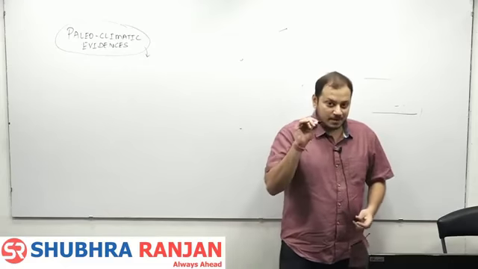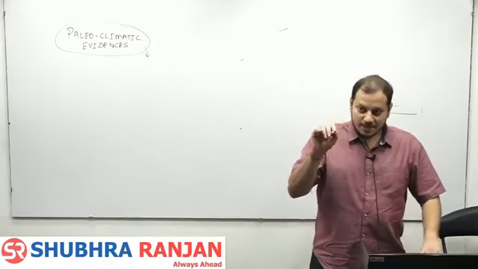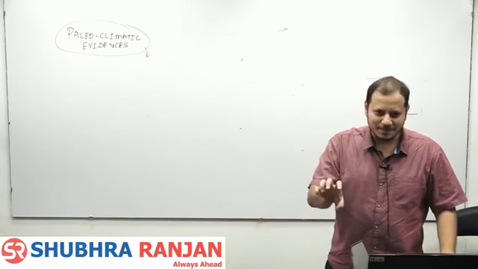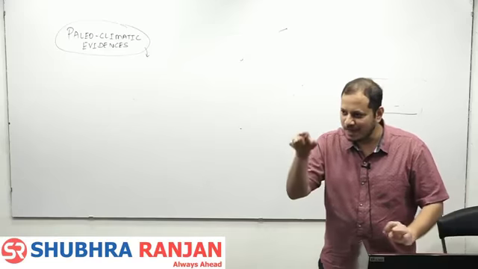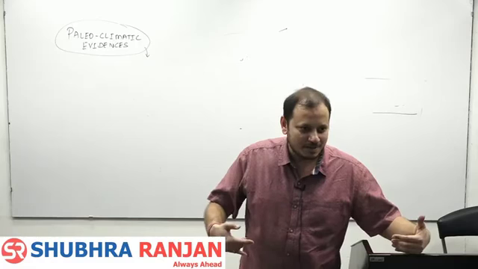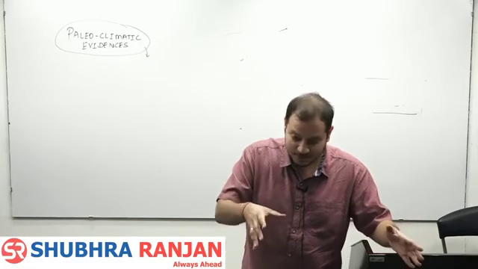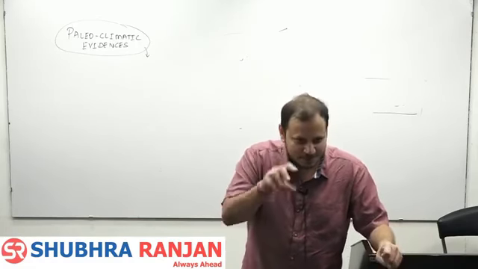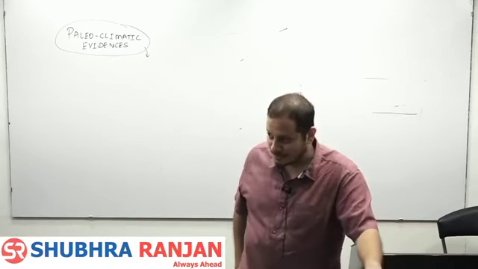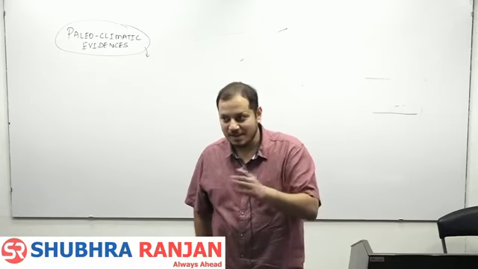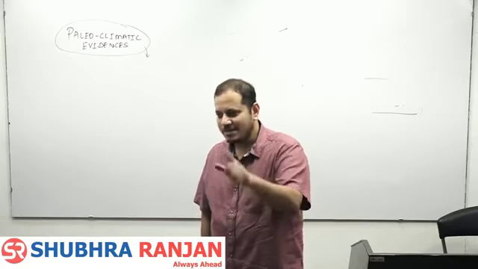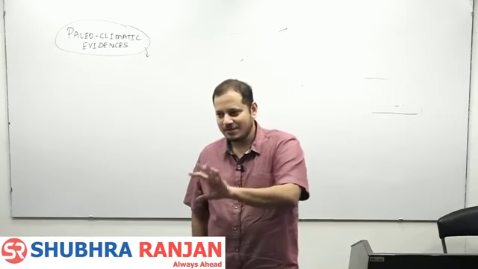So now here, what are you going to write? Climates have not changed. Climates have remained the same. But you have changed. Now you are India. You are right now going somewhere near the equator. So you face whatever the climatic processes of the equator are. Then you come to the subtropics. You face those there. Then you come to the area where there was glaciation and you face the processes there. So again, what is this? This is the evidence that you have travelled to many places. That means this is evidence of drifting. The only thing is instead of this, you have to write that continents have drifted.